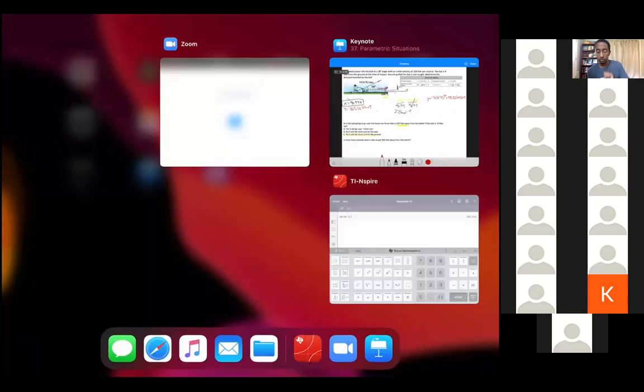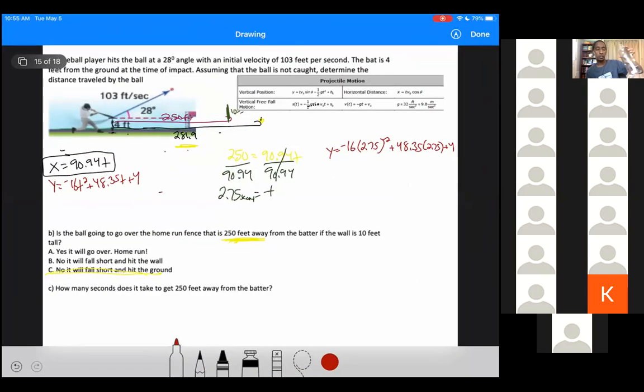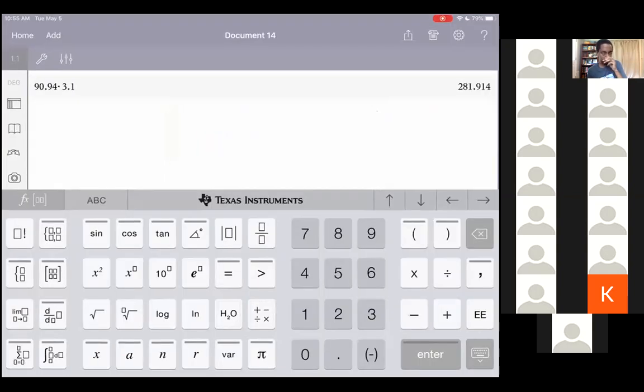I'm going to have to use this. Let me give y'all a minute to write that down. I'm going to ask one of y'all to read that for me. Okay, can someone read that for me? So I can type it in here. Negative 16, 2.75 squared plus 48.35 times 2.75 plus 4. Thank you. Okay,